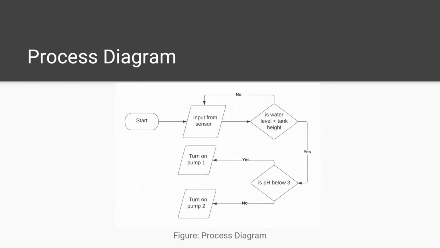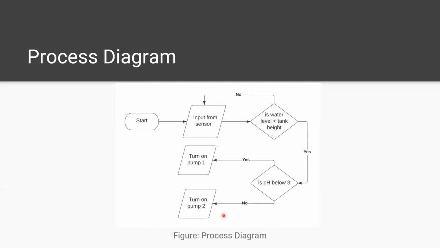So as we can see, the system first checks the rainwater reserve's water level. If the water level is the same as the tank height, then the pH level is not checked. And if it is less than the water tank height, then the pH is checked. And if the pH of the stored water is less than 3, then water pump 1 is turned on to discard the acidic water through the drainage system. And if it is above 3, then pump 2 is turned on to channel the water into